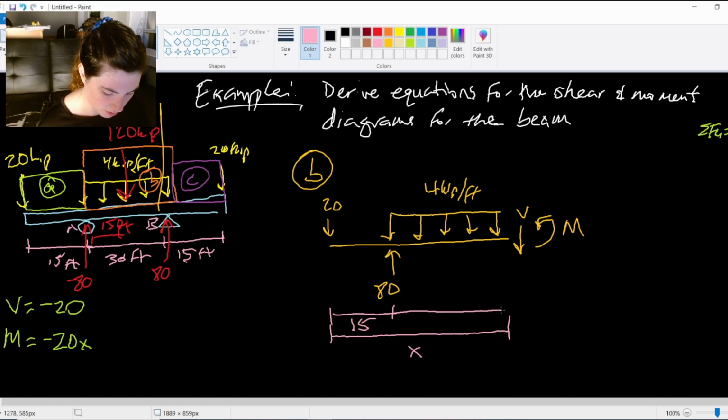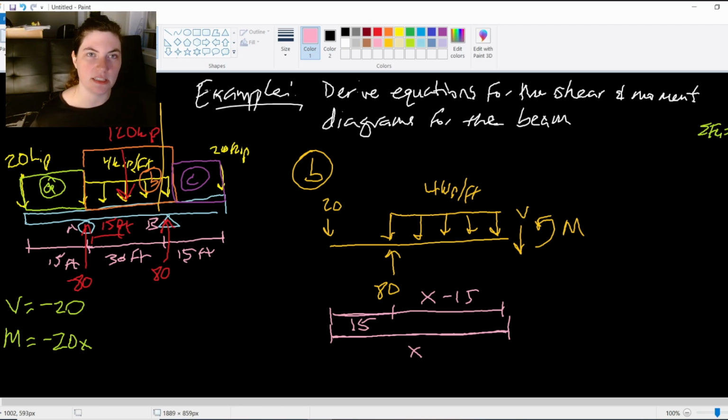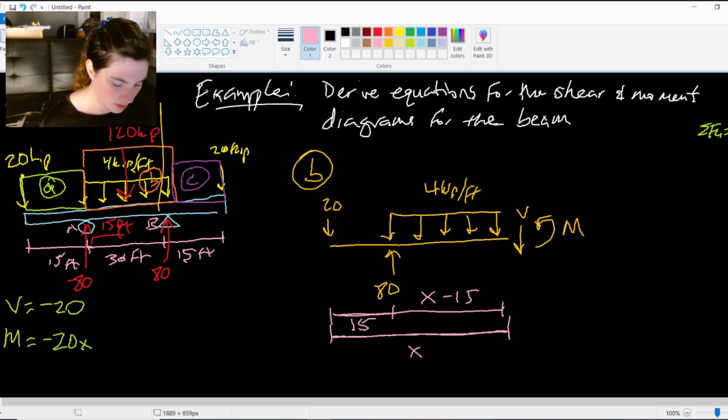And then as I'm cutting through this area here, it's going to be x minus 15, right? From this x minus 15. Now, what's really interesting about this is that distributed load. How do we deal with that distributed load? Its resultant is always moving depending on where exactly we're cutting in that beam. So its resultant force here